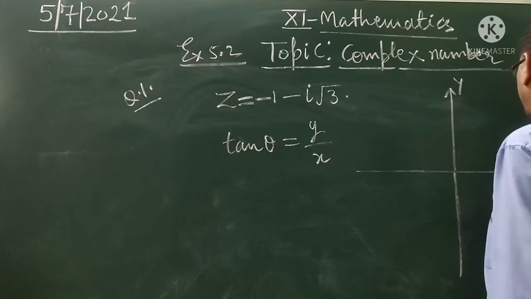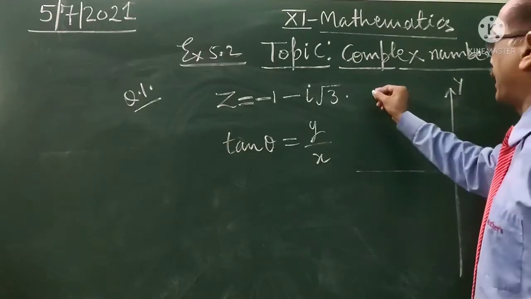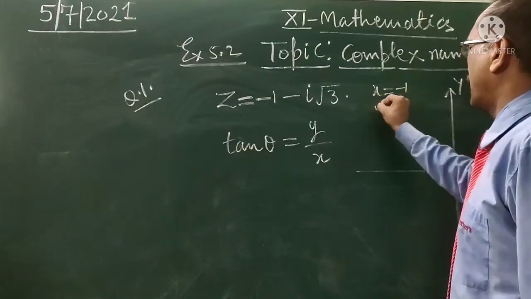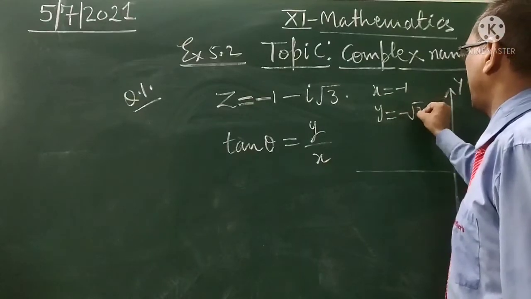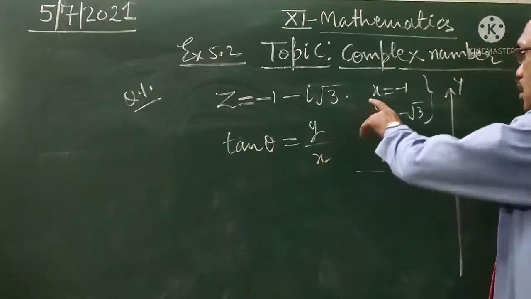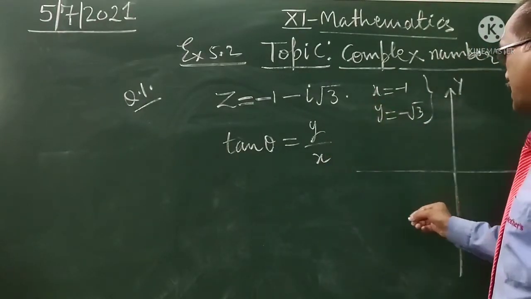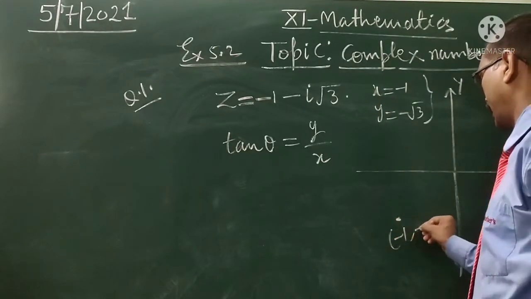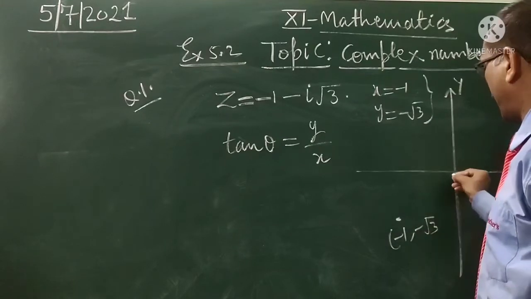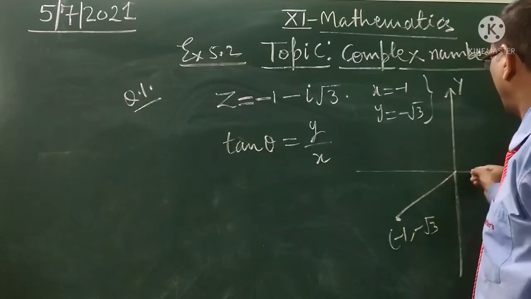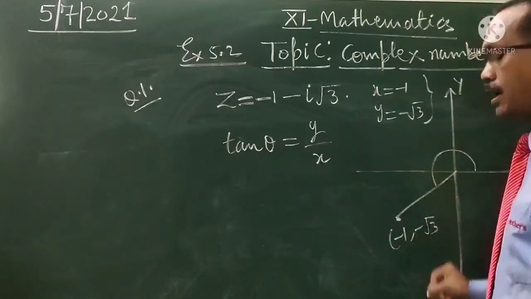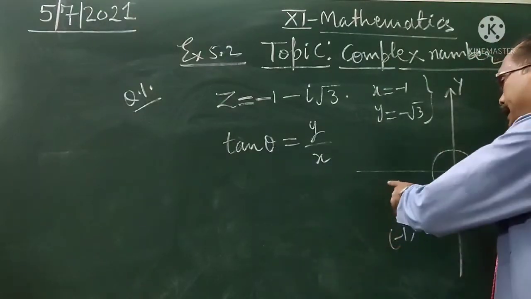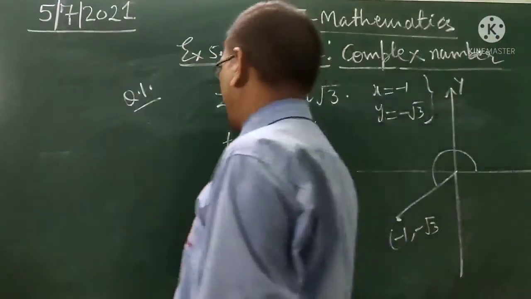It is the real axis. And here x equal to minus 1, y equal to minus root 3. So this point (-1, -root 3) lies in the third quadrant. Therefore, the argument is more than 180. So, tan theta